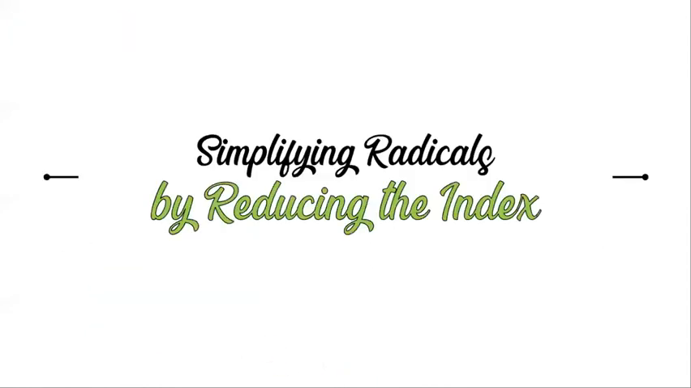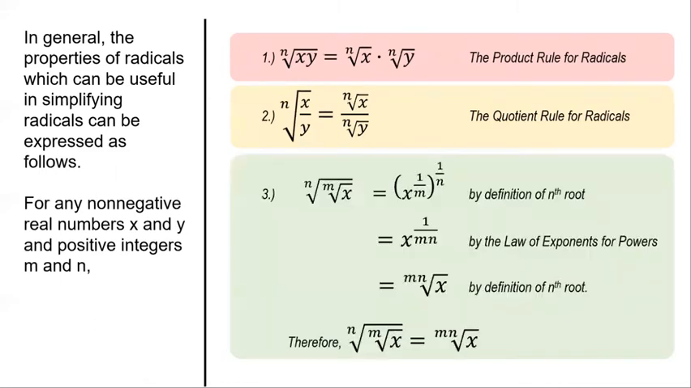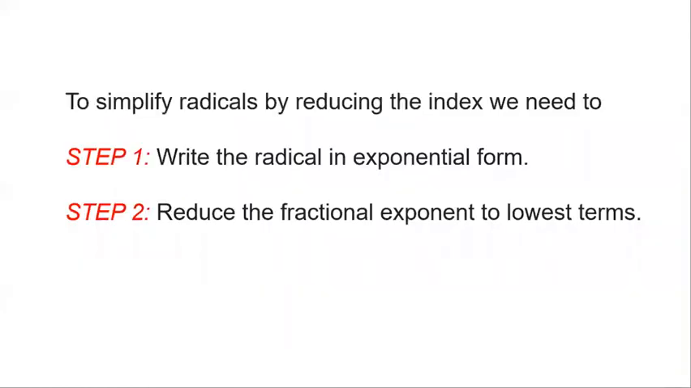Next natin is simplifying radicals by reducing the index. So, ito yung mga rules na in-apply natin kanina by reducing the radicands. Ngayon naman, in reducing the index, itong third statement ang pwede nating i-apply. So, to simplify radicals by reducing the index, we need to, step 1, write the radical or change the radical